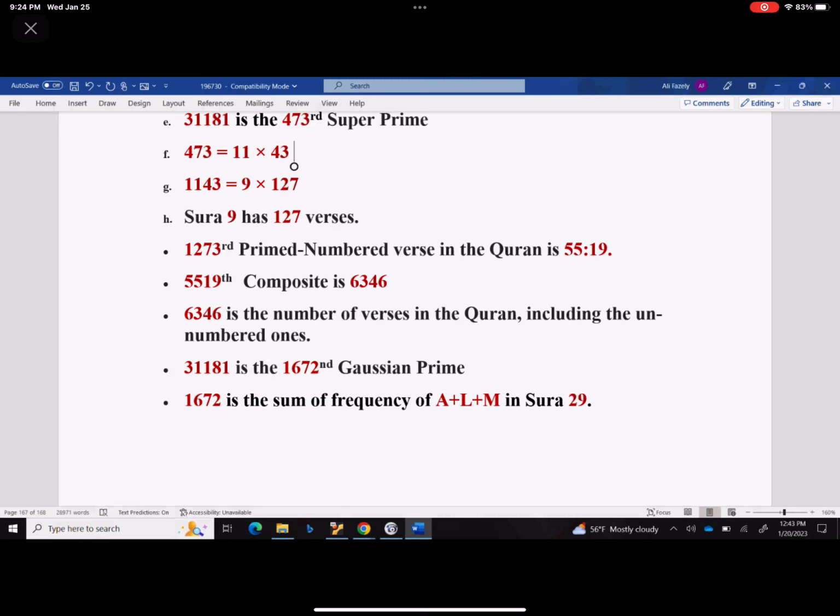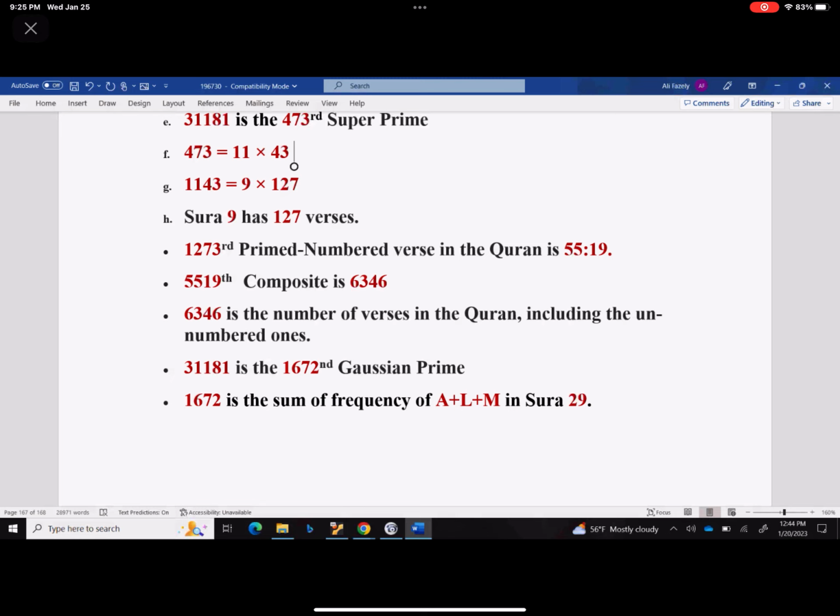55 happens to be a biprime or a semi-prime. That means that it has 2 prime factors. In this case, 55 is 5 times 11. And if you write all of these semi-primes, when you get to the 19th one, you find out it's 55. So this is basically a concatenation of the 19th semi-prime and its index, which is 19. So 5519. 5519 composite happens to be 6346, and 6346 is the number of verses in the Quran, including the